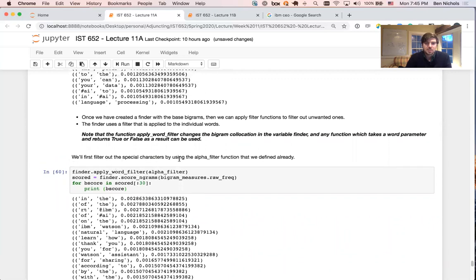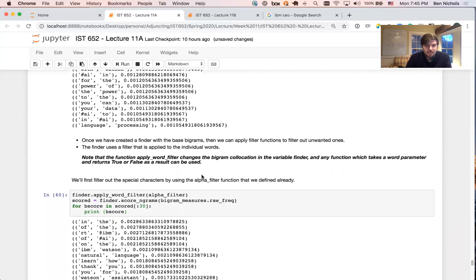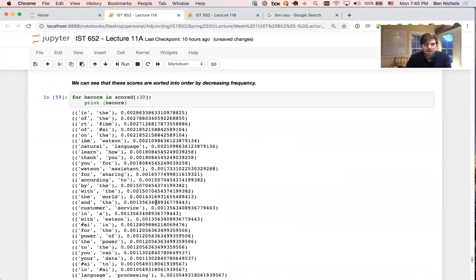So we'll filter out the special characters by using the alpha filter. Oh, now I remember. So we want to remove instances where we have nothing but